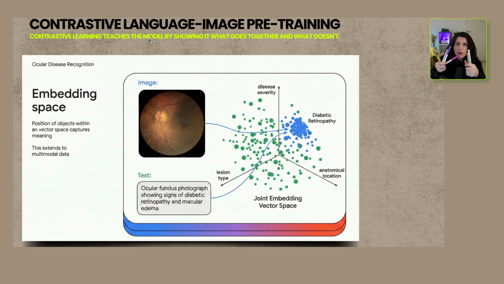But after a while, the model can distinguish between all of these types. And because it's an image and text pair, the place where image and text are in the embedding vector space is exactly the same. For example, this image and the text describing an ocular fundus photograph showing signs of diabetic macular edema